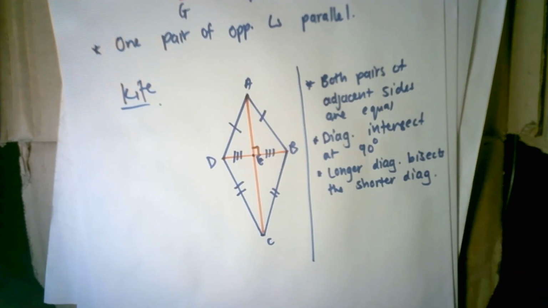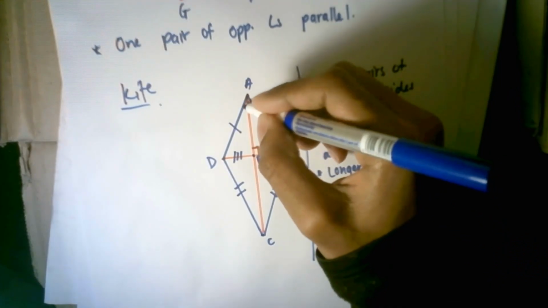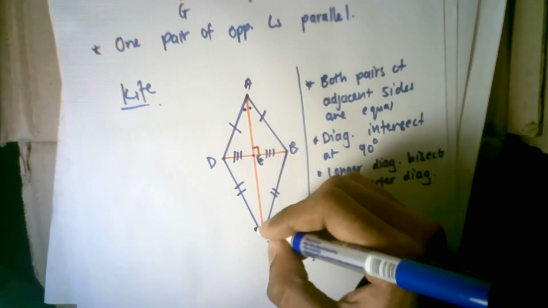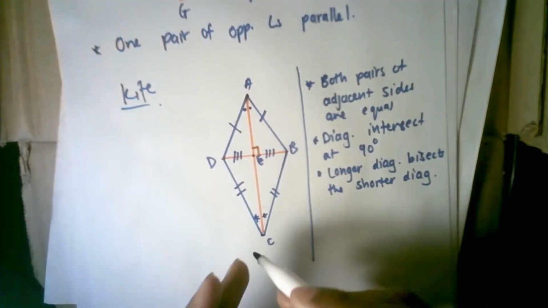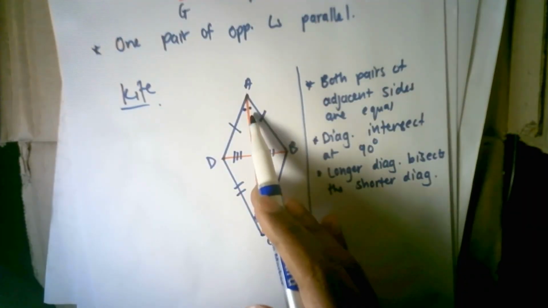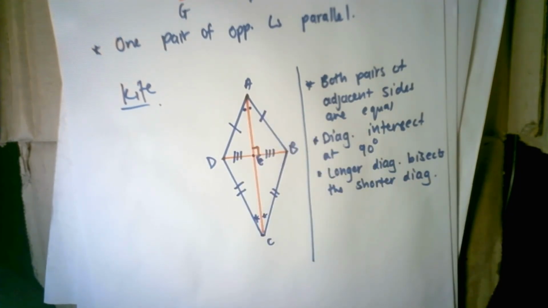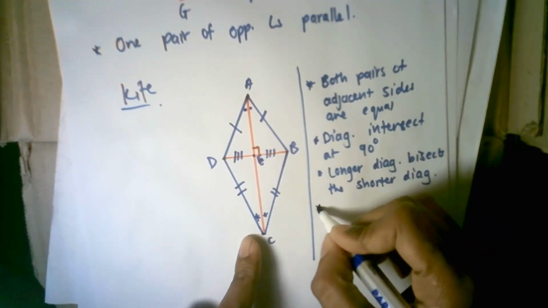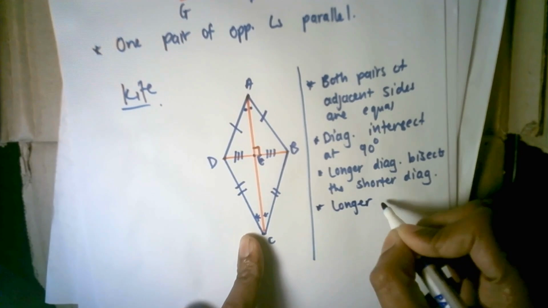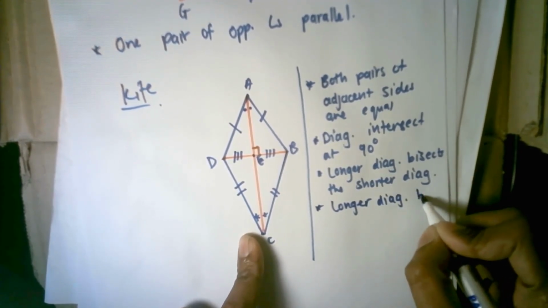And also the longer diagonal, it actually, right? So let me get this right. The longer diagonal bisects the angles. So meaning if this is angle A, it cuts it in half. And if this is angle C, it cuts it in half. I'm not saying that angle A is equal to angle C, no. I'm just saying that whatever this angle is, let's say this angle is 60 degrees, then this will be 30 degrees, 30 degrees as such, right? So I can say that the longer diagonal bisects